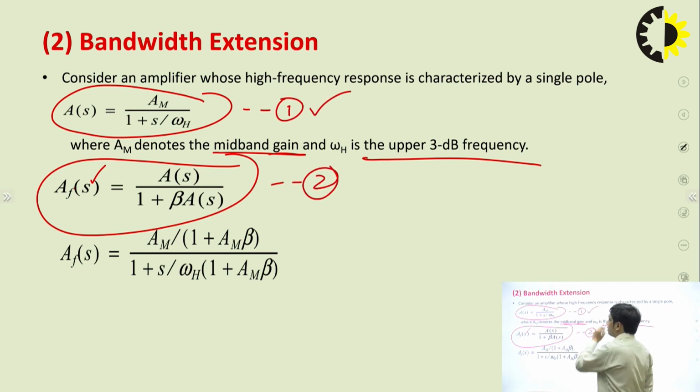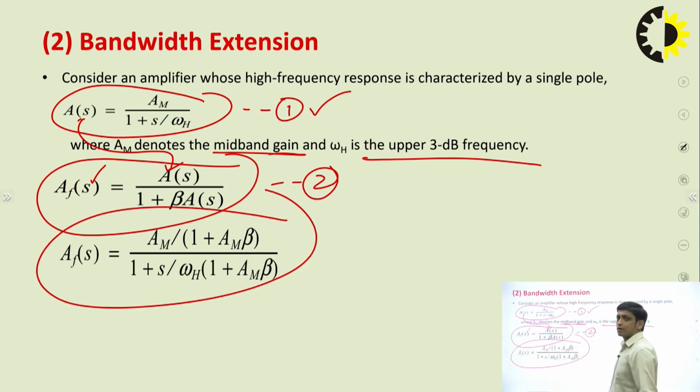This equation number 1 you had already derived in the high frequency response of common source amplifier. From there we are taking it directly, because we had already derived this equation number 1, and equation number 2 we have got in this lecture. We have derived AF is equal to A upon 1 plus A beta. Now just put the value of A(s) from equation number 1 into equation number 2, and after simple term arrangement, you will